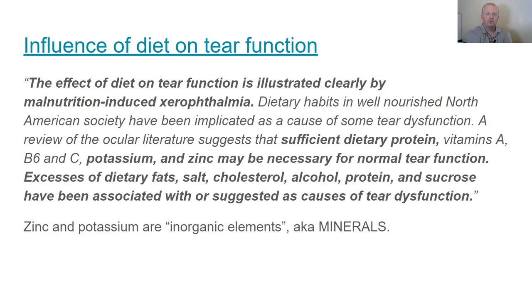So that was taurine. We're moving on here to another paper, The Influence of Diet on Tear Function. Quote, the effect of diet on tear function is illustrated clearly by malnutrition-induced xerophthalmia, dry eye. Dietary habits in well-nourished North American society have been implicated as a cause of some tear dysfunction. A review of the ocular literature suggests that sufficient dietary protein, vitamins A, B6, and C, potassium, and zinc may be necessary for normal tear function. Excesses of dietary fat, salt, cholesterol, alcohol, protein, and sucrose sugar have been associated with or suggested as causes of